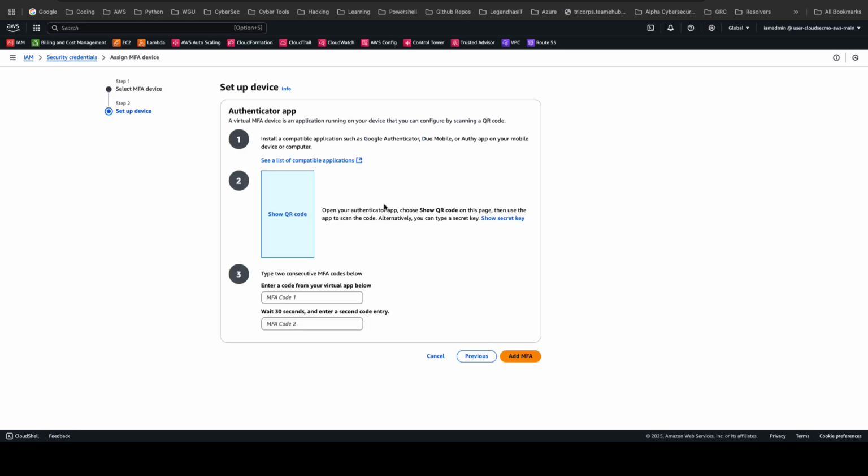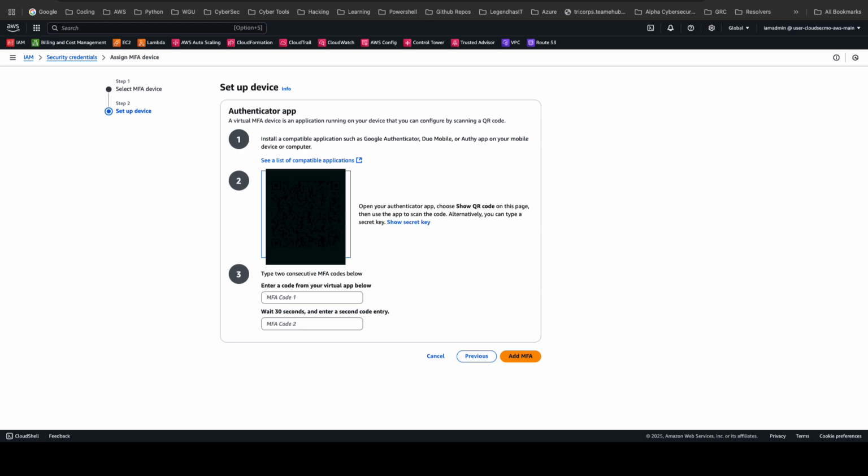Next, get your authenticator app ready. So you want to add a new account. So you don't want to use the previous one you used for the root account. So you want to add a new account to this. So show QR code, get the QR code scanned, and then